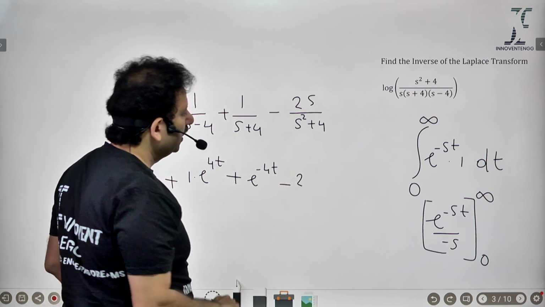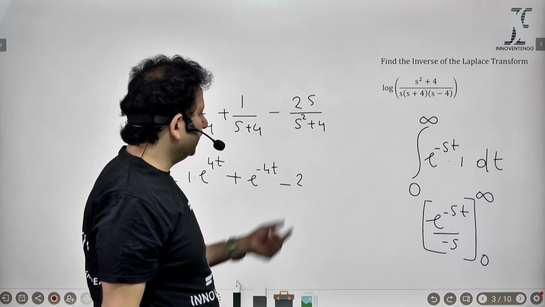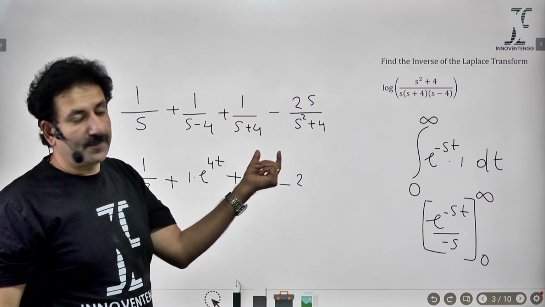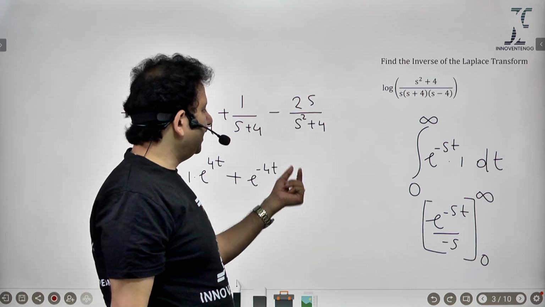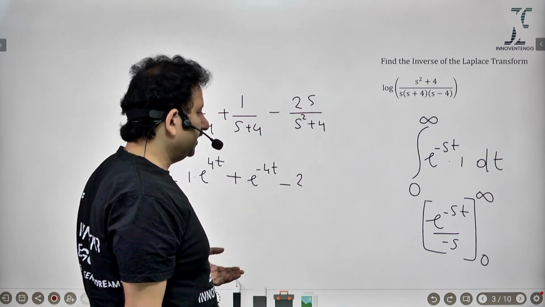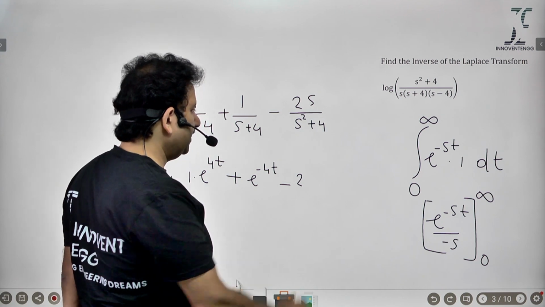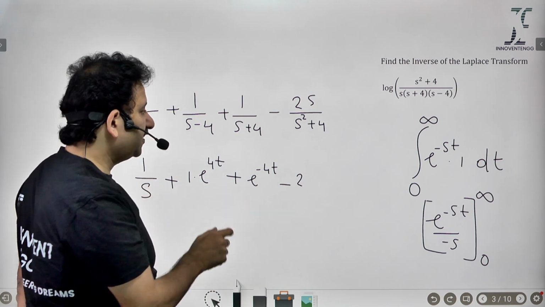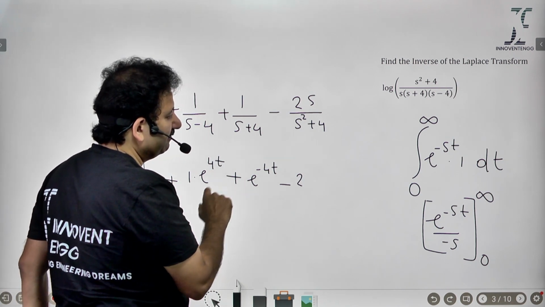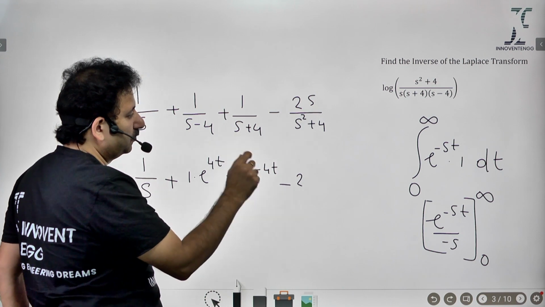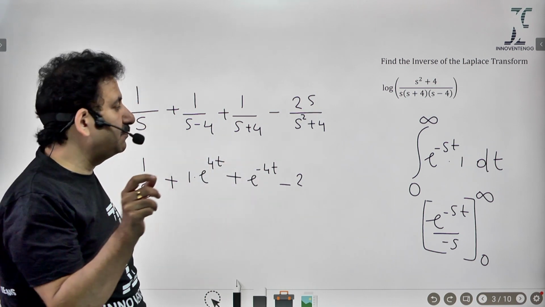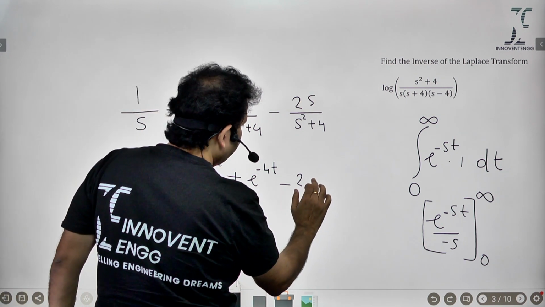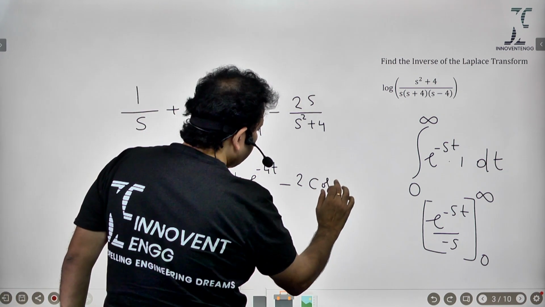And then what you get for this is very, very simple. Whenever you get s in the numerator divided by s square plus 4, this is nothing but the Laplace transform of cos, and if you don't get s, it would have been the Laplace transform of sine. Now you can take 2 as a constant. S by s square plus 4 is nothing but the Laplace transform of cos. You remember the differential equation of a spring mass system, where we assumed the initial velocity to be 0 but displacement to be maximum. There we could get the definition of cos, and therefore this is easily written as cos of